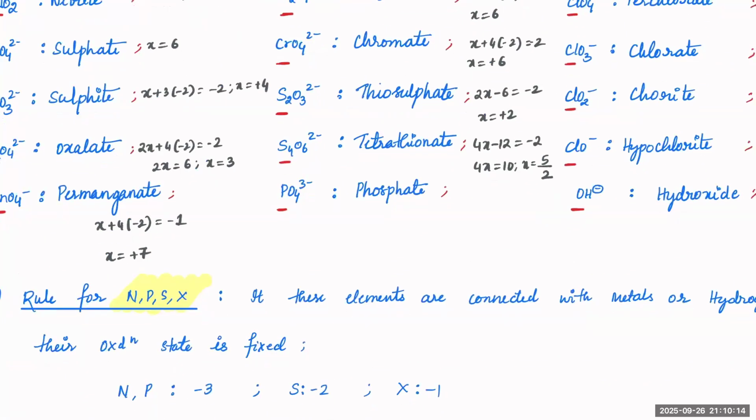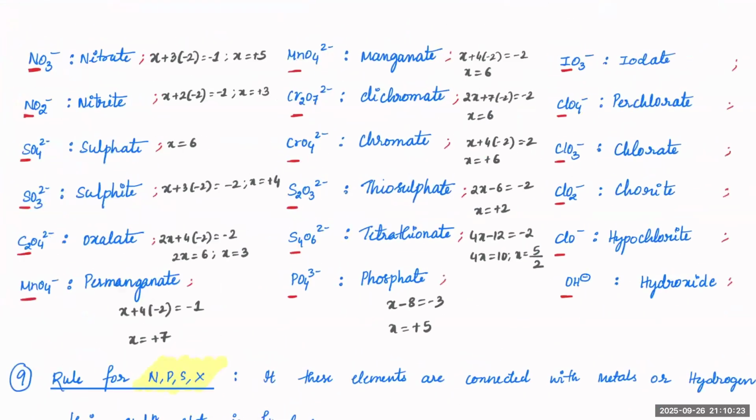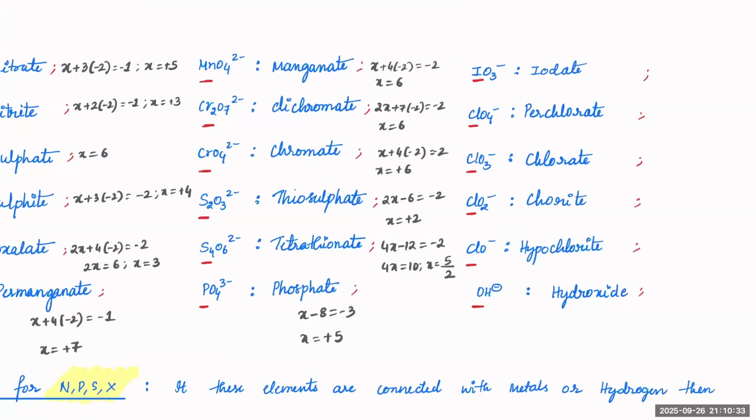In phosphate, x minus 8 overall equal to minus 3. So x should be equal to plus 5. So I guess these two columns are clear. Right, good. See the next one. If you notice this last column,